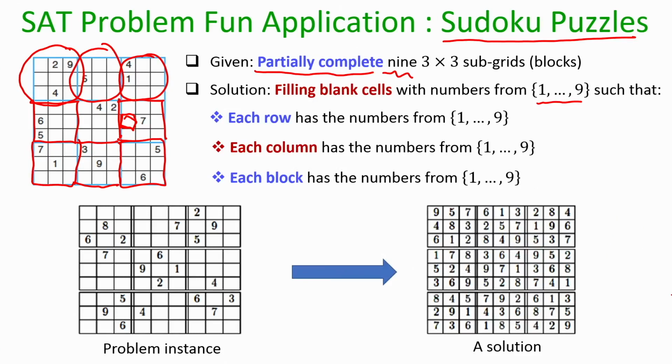Very often we write computer programs which take problem instances of Sudoku puzzles and come up with possible solutions. Of course, it might be possible that the given problem instance does not have any solution. That means my partially complete problem instance is such that I cannot satisfy all these 3 conditions simultaneously. In that case, I will say that no solution is there. A Sudoku solver, or a computer program which tries to solve a Sudoku puzzle, will try to come up with one possible assignment, if at all it is there, which satisfies all these 3 conditions simultaneously.